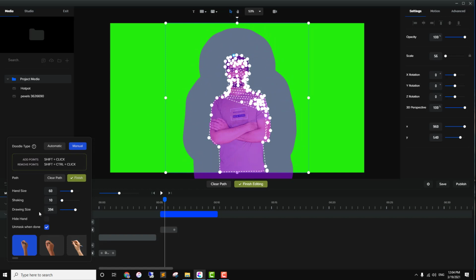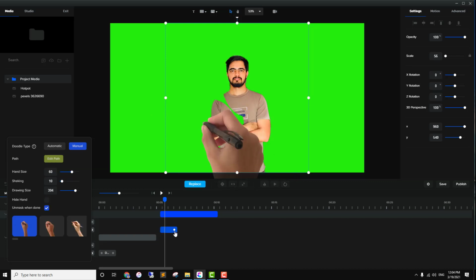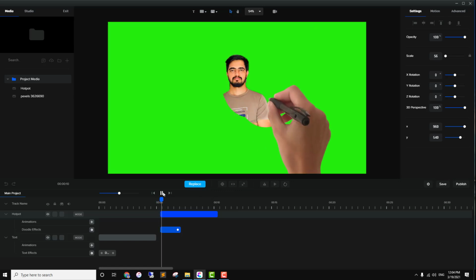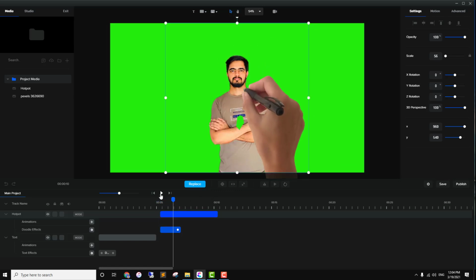Actually, I'm done. I just increased the drawing size so it almost covers all the image. So I will click on finish, and let's see what we have done. Yeah, so you can customize it as you like.